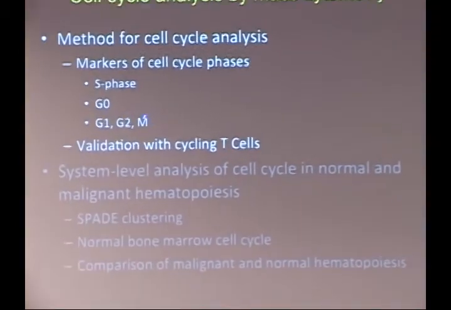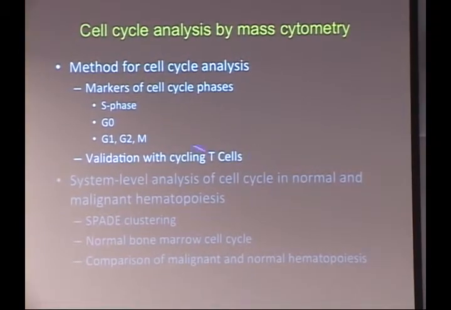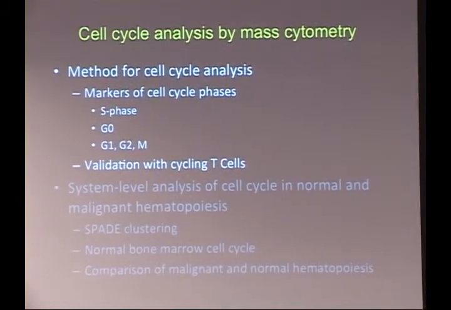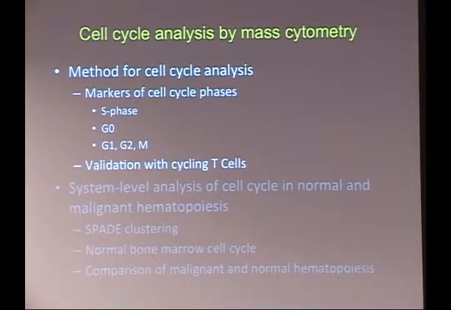the basic method for the cell cycle analysis, the markers that we use to mark S phase, G0, G1, G2, and M phase cells, some work that we've done to validate this with both cell lines and cycling T cells. And then I'll go in and talk about how we can use this to do sort of system-level analysis in